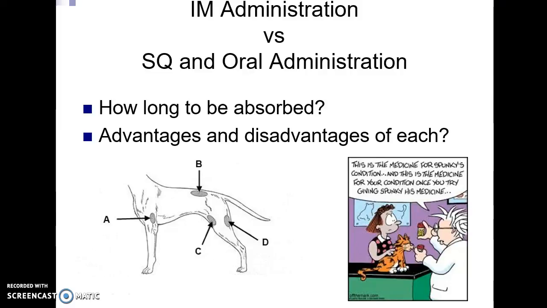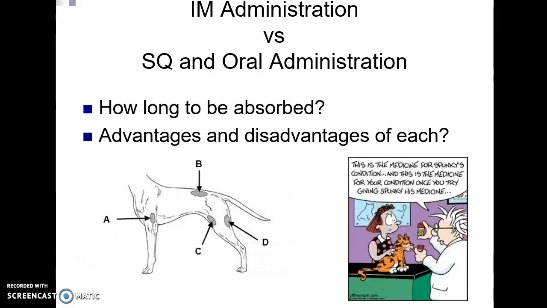And so that's the disadvantage, that it can be painful for the animal. Sub-Q, usually that's easier. Again, it's a poke with the needle. That's going to hurt for just a second, but usually animals tolerate that pretty well. And of course, oral administration can be super easy if you're giving a medication to a Labrador Retriever that will